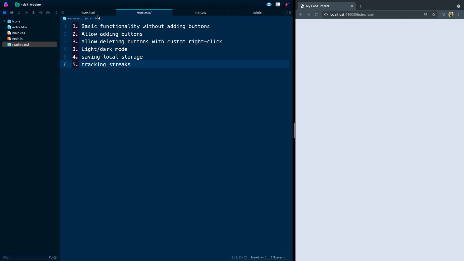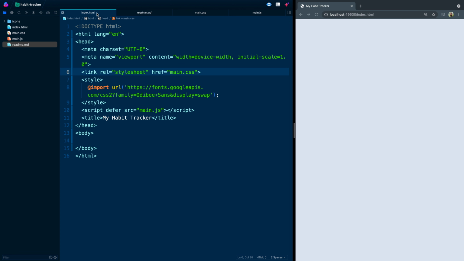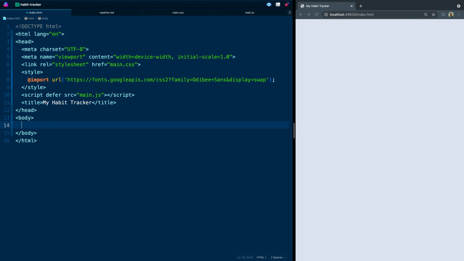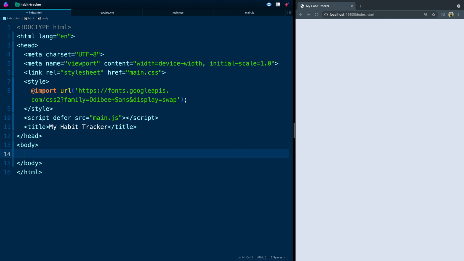So we're going to come over here to our index.html page, and I just want to show you that I've got a basic style script set up for the font, and I've got my CSS file up here, and then the JavaScript file deferred, so it'll load after the body. Let's come in here to the body then, and let's start working on stuff. Let me go ahead and hide the sidebar here and give us a little bit more visibility on the code